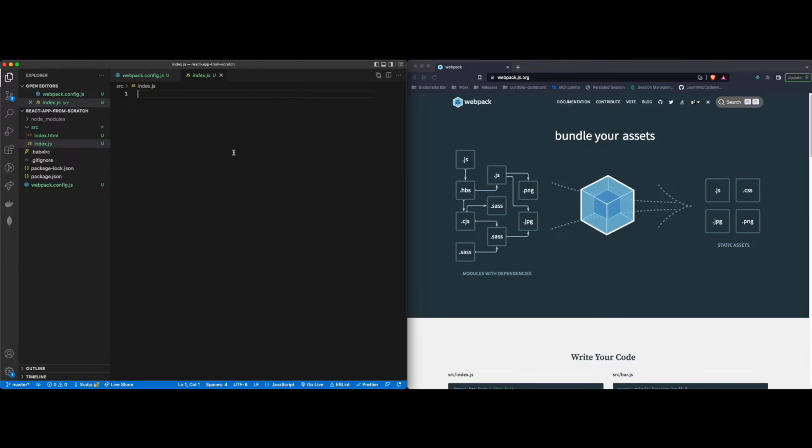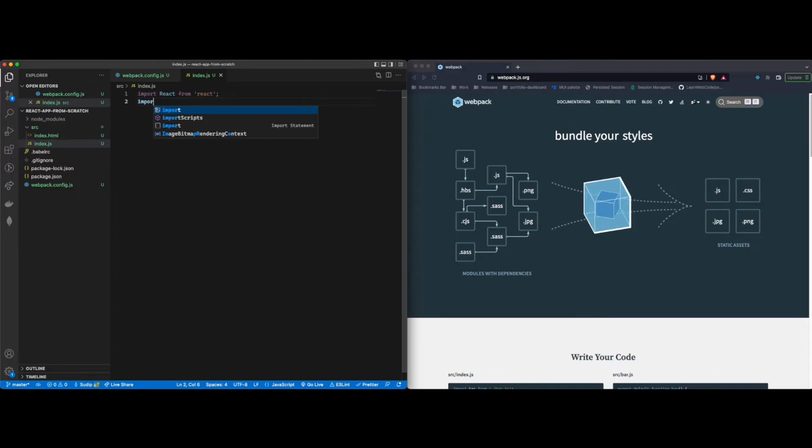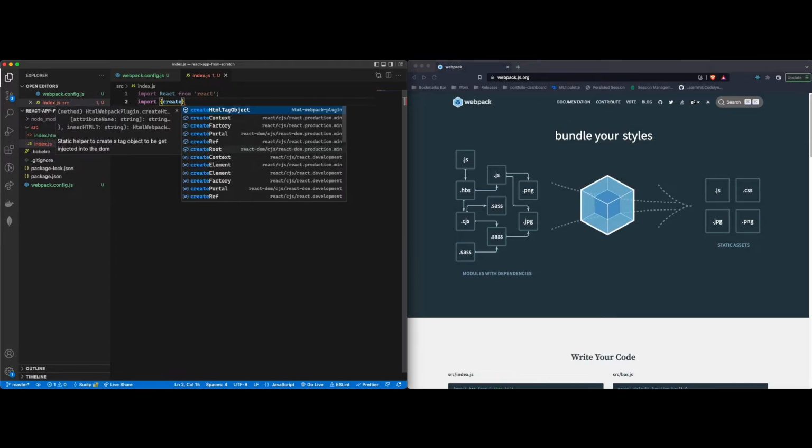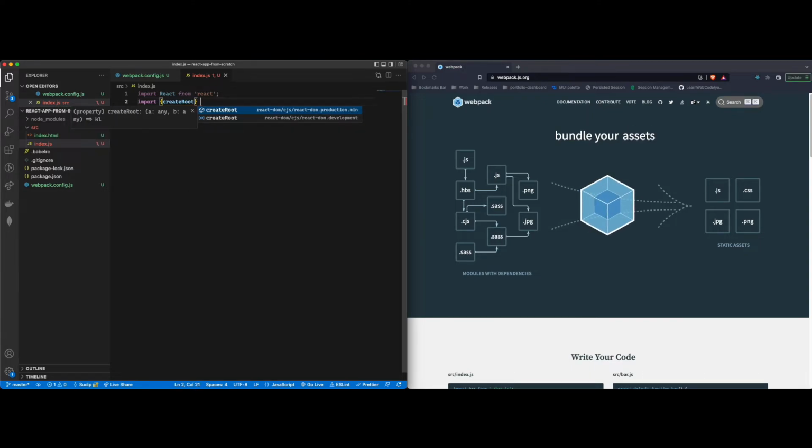Now let's make this project a React project. Now we're going to do that. On the index.js file, since this is the entry point file of our project, we're going to import React from React, and also we want to import a method called createRoot, I believe, and we're going to import that from, I think it's react-dom/client. Yep, I think that's it. Okay, let's save that,